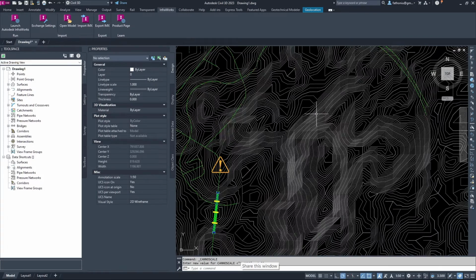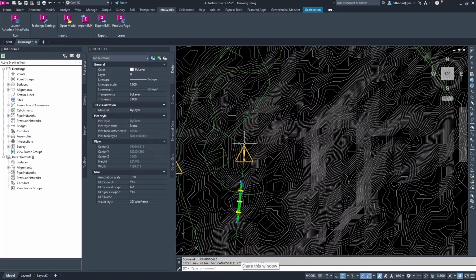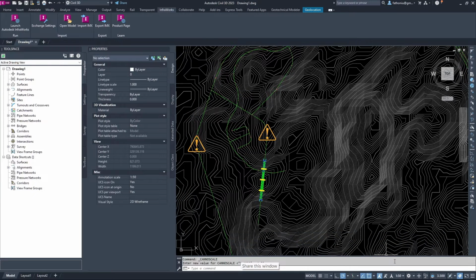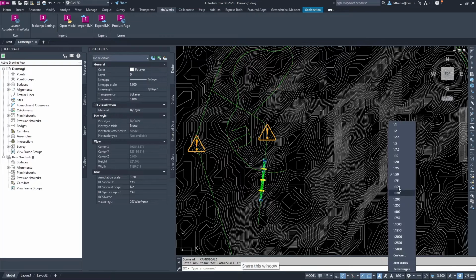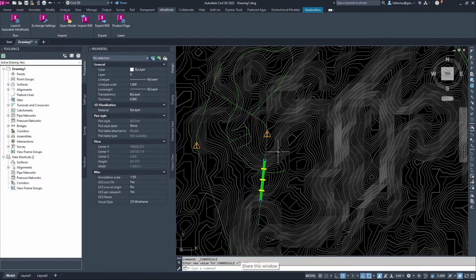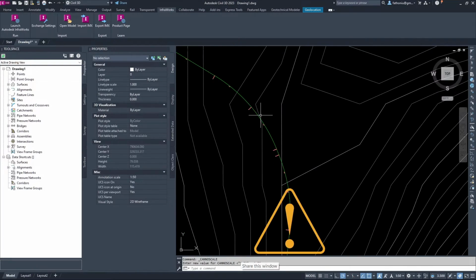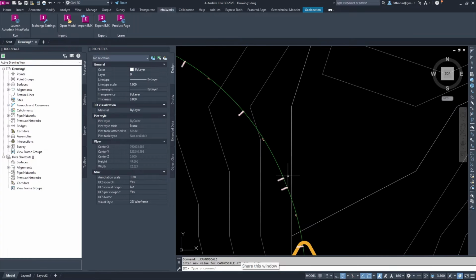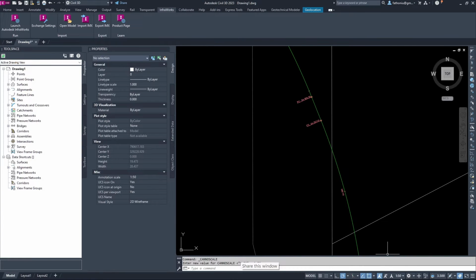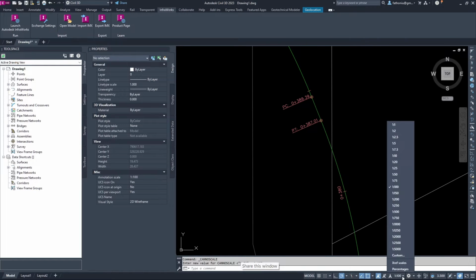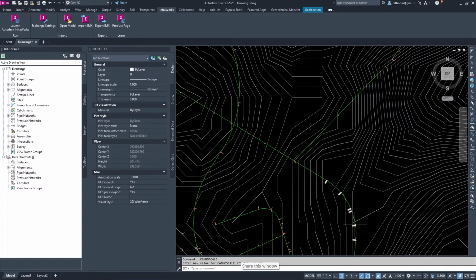It does not dynamically reduce or increase the size, so you need to repeat the process, and then it will reduce like that. If we cannot see it, we make it bigger by setting the scale of annotation. Okay.